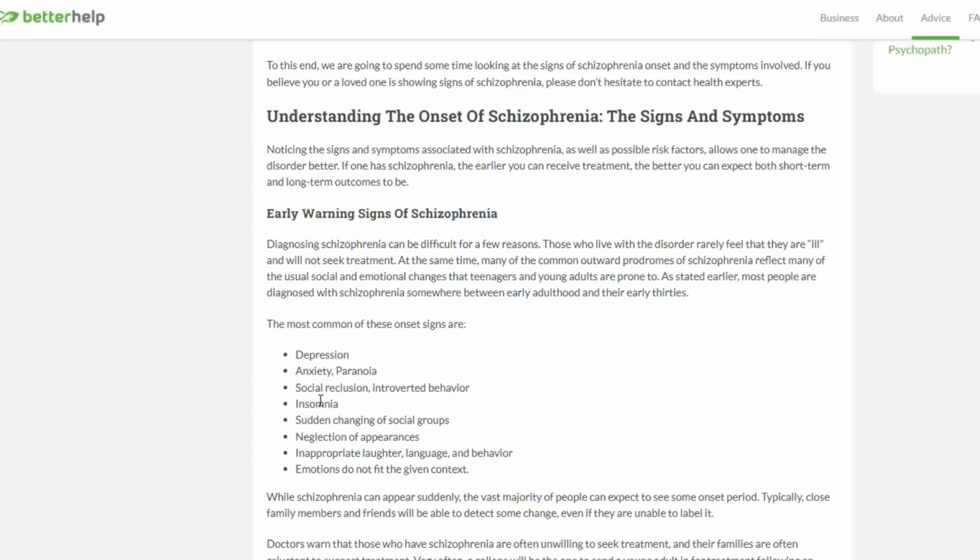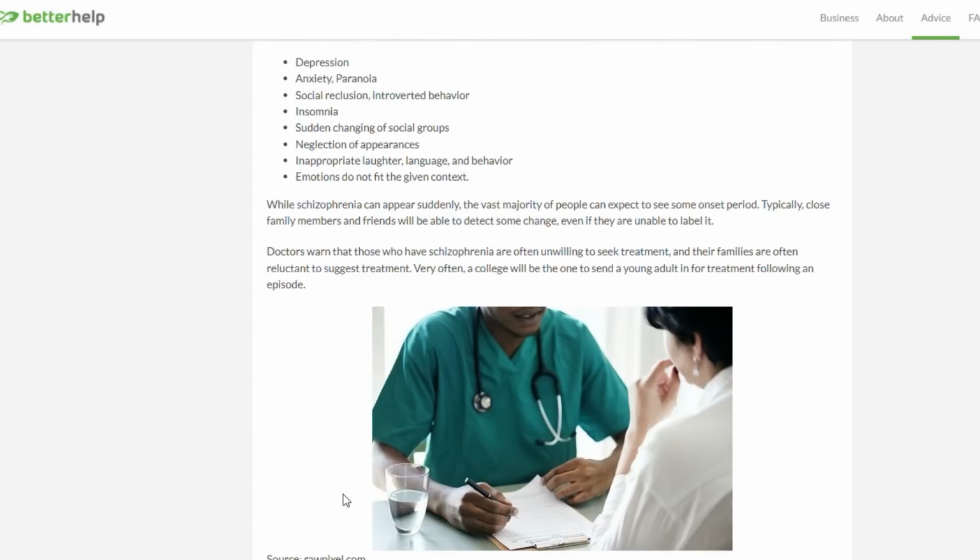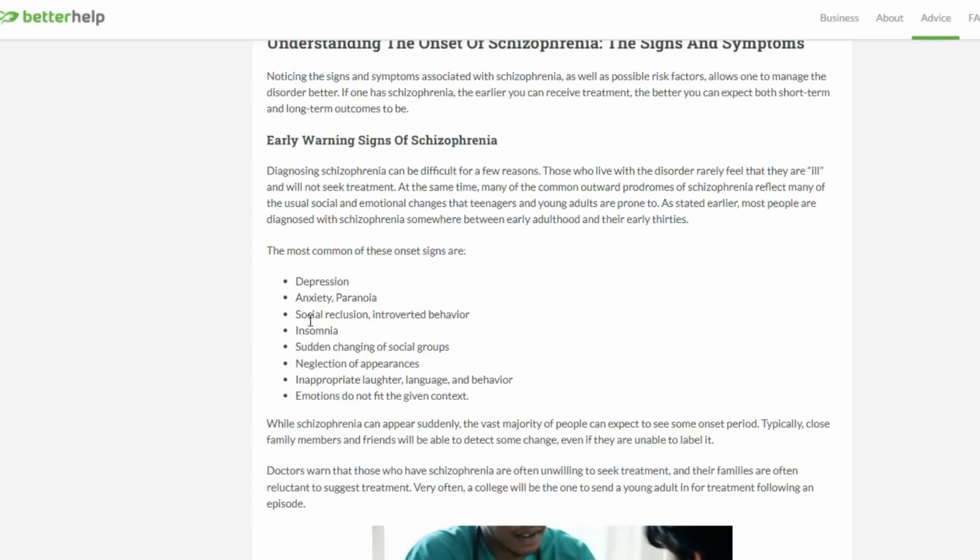So he's got anxiety, he's got depression, he's got hallucinations. Probably emotions that do not fit the given context. But the reason I think he's got an overlap of personality disorder too is because he's got the no emotion, he said, which would be a